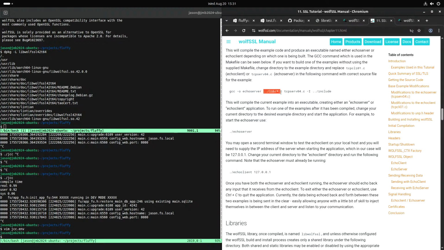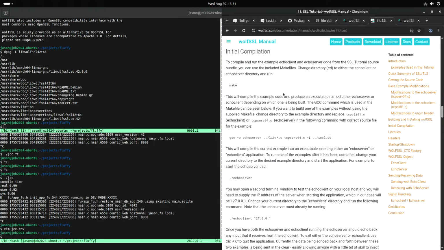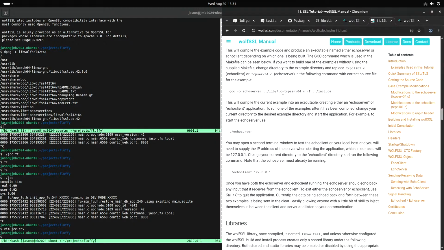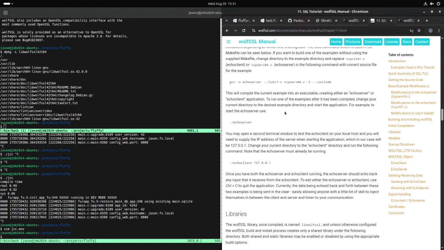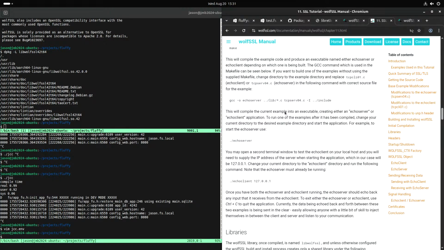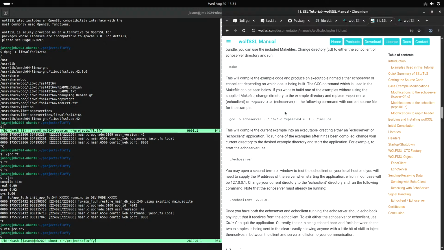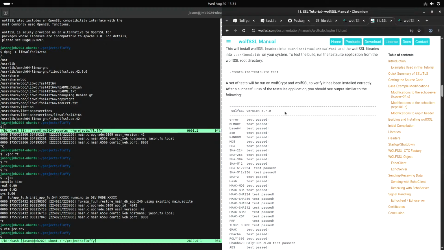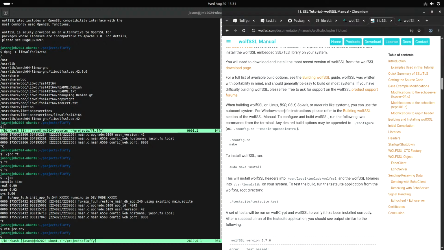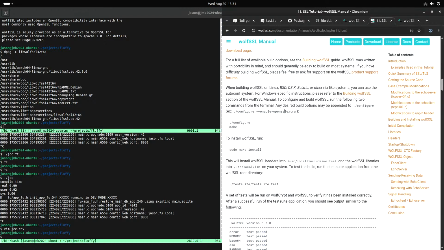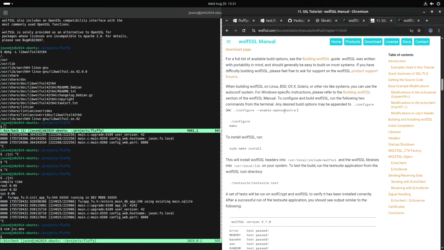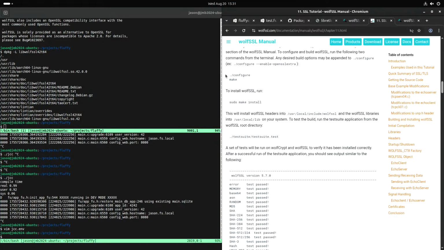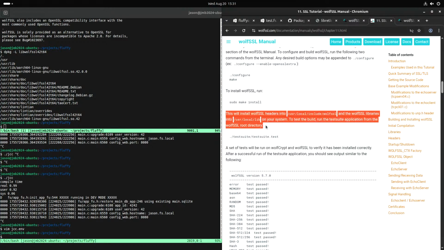So this looks like they're kind of like building it directly in there. Right? Or am I missing something? So I mean, make is obviously going to build some stuff, but